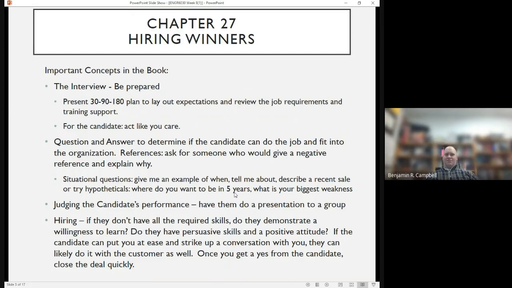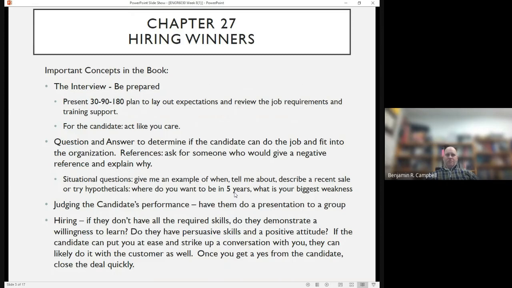The question and answer session is where you really get to learn if you want this person as part of your organization. So determine if the candidate can do the job and if they fit into the organization. One of the best ways to do this is through direct questioning, but you can also ask for references. And a really interesting way of asking for references is you can ask them,